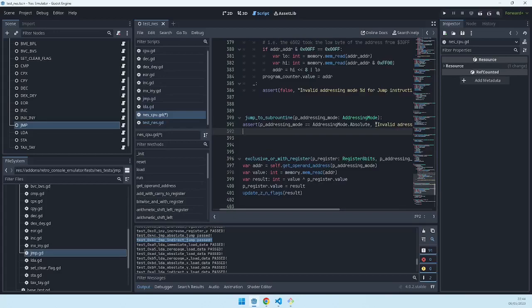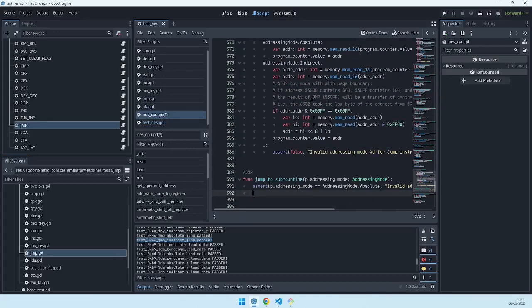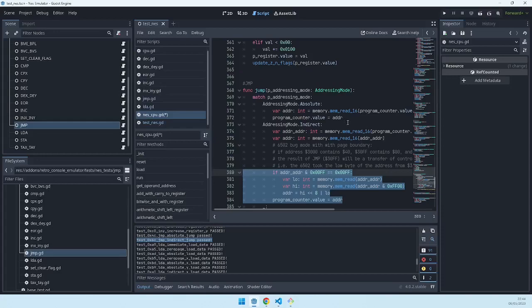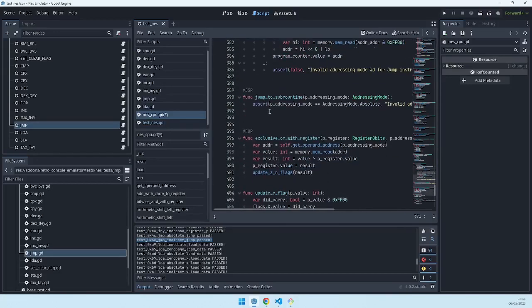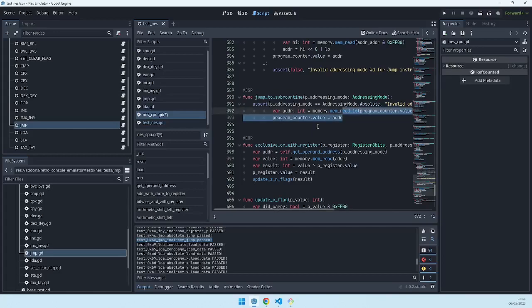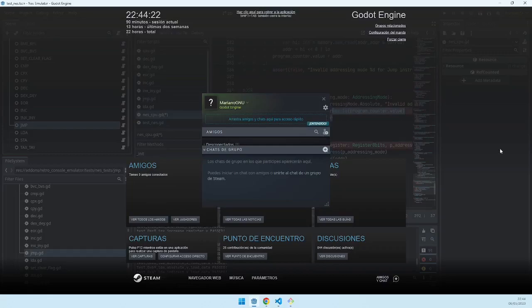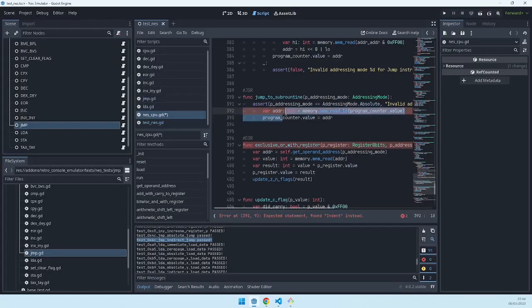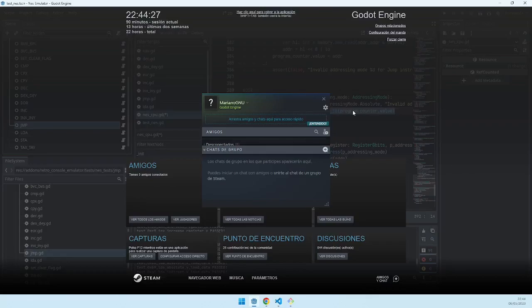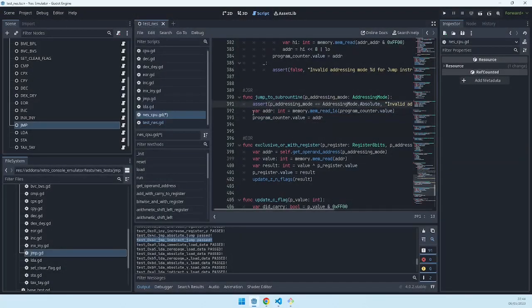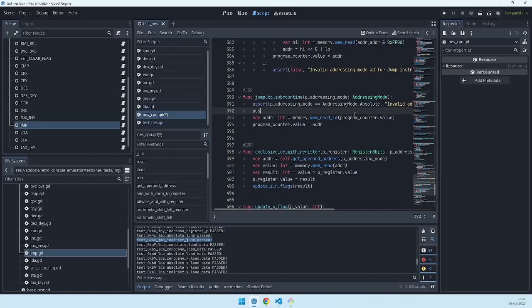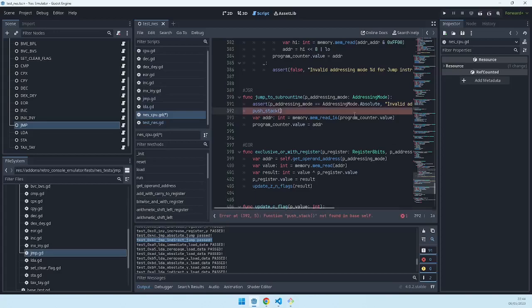Okay, awesome. So this is absolute, so we will not have this issue. So we should simply get our address and set the program counter, but before that, oops, what is that? Before that, we have to push stack. And we want to push the program counter -1 according to